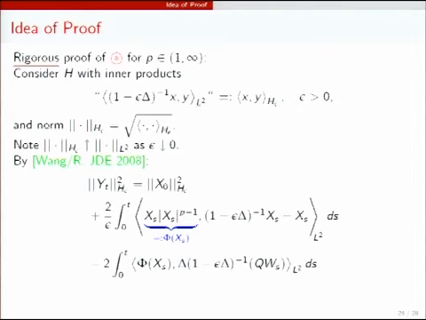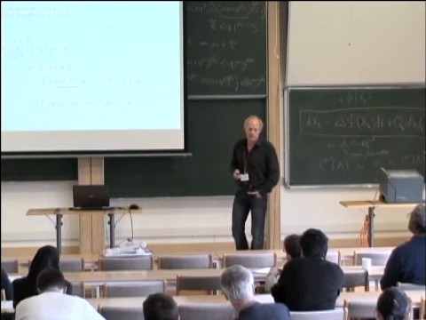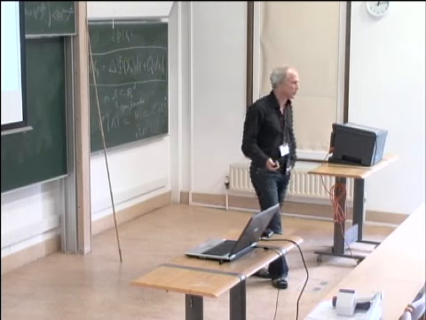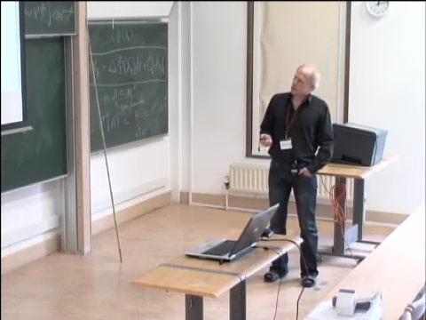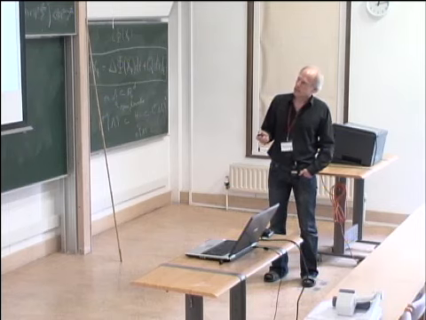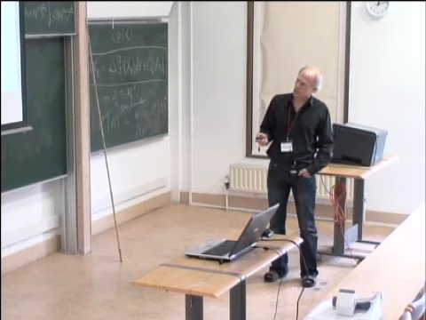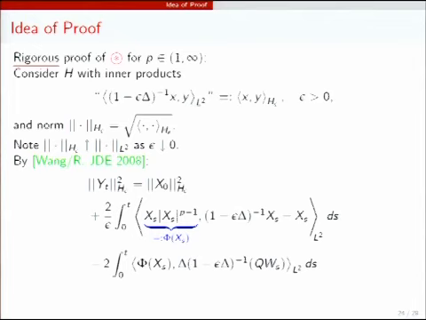The idea is, if I look at yt, which is in H minus 1, and I write down the H minus 1 norm, there's no problem. So by the chain rule, you have an equation, because the yt satisfies the equation. It's trivial. It's just the energy equation. But now we would like to approximate the L2 norm by the H1 norm by just putting this factor inside. So as epsilon goes to 0, this is an equivalent norm on H minus 1, but it depends on epsilon, so I denote it by this. And of course, everybody knows as epsilon goes to 0, this increases to the L2 norm.